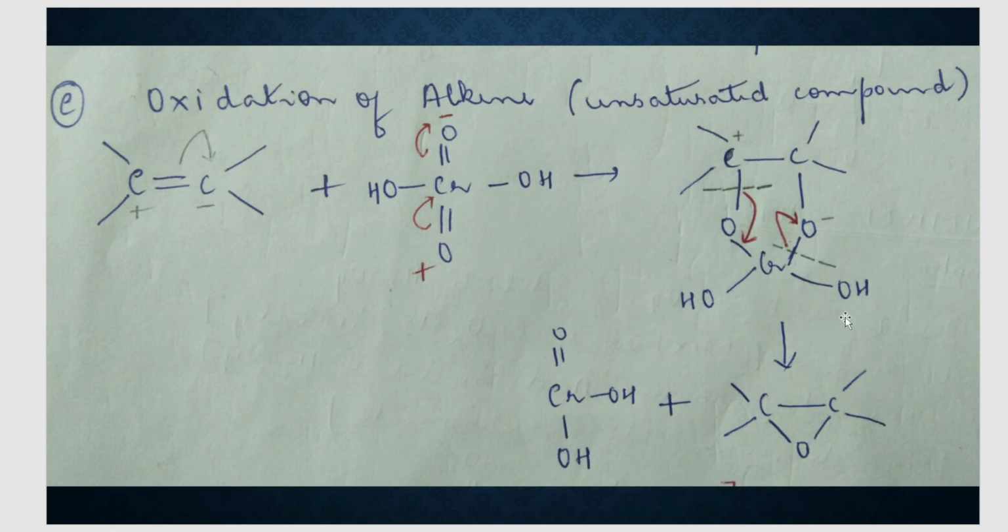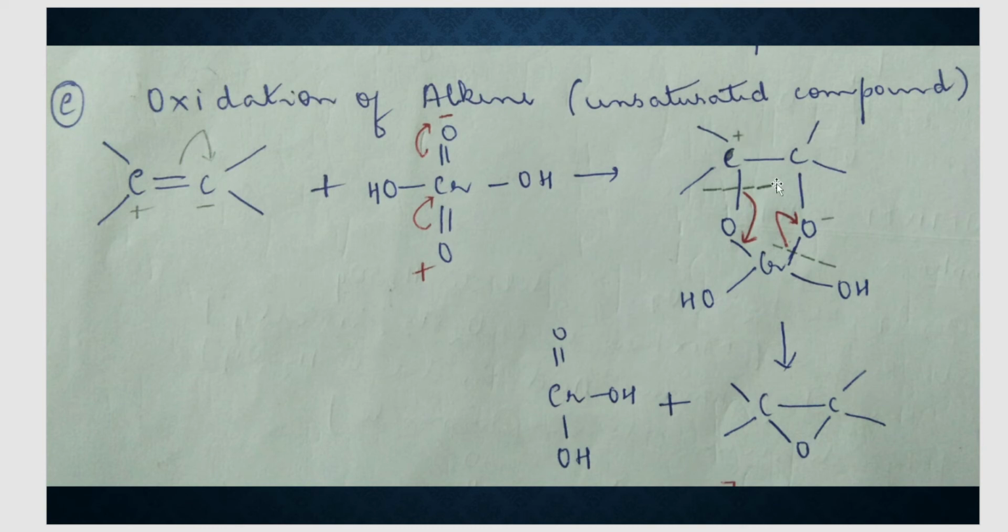Now you want what from this? You want an epoxide ring. So what you have to do? You have to make sure that you break this ring in such a way that you retain one oxygen for this molecule. Okay. So how will you do that? You will shift this bond onto oxygen, giving this oxygen a negative charge. And this bond will be shifted here between chromium and oxygen. So what will this carbon get? It will get a plus charge. Why will it get a plus charge? One bond shifted away from it. So this carbon is left only with 1, 2, 3 bonds. So it will get a plus charge on itself.